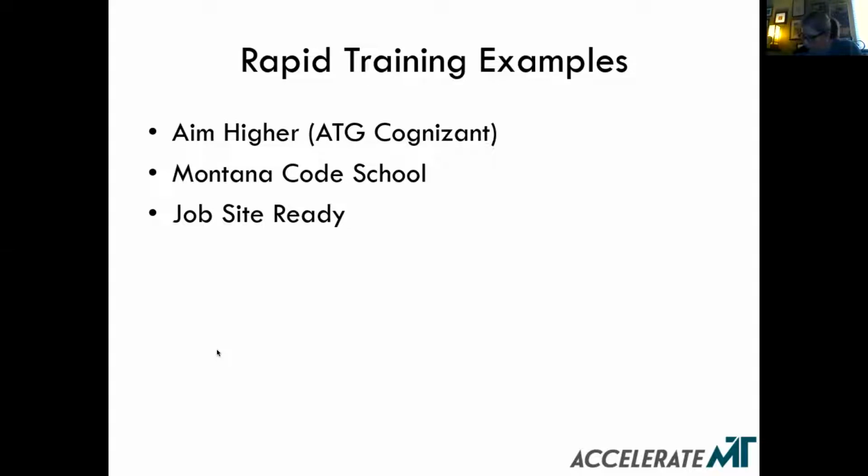I'll give a 60-second cliff notes on all 3 and try and compare and contrast. So the AIM Hire program, we've been doing that with ATG Cognizant, based out of Missoula since the beginning of 2019. It's a 12-week boot camp. It takes people from a range of backgrounds and puts them through a boot camp that makes them essentially Salesforce implementation consultants. This is a really interesting model. I describe it, maybe because I'm British, as the Rolls-Royce model, because it's an expensive, high touch, high investment model, but one that works for ATG.